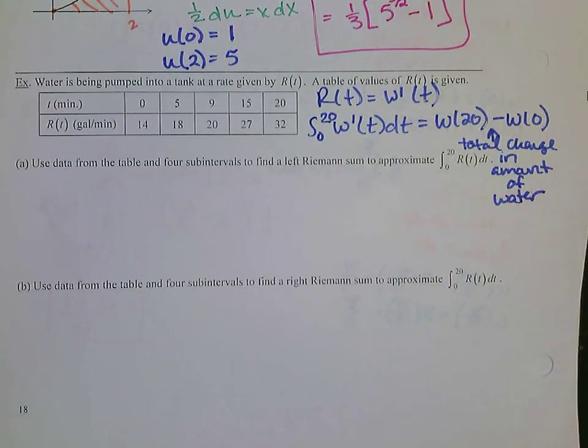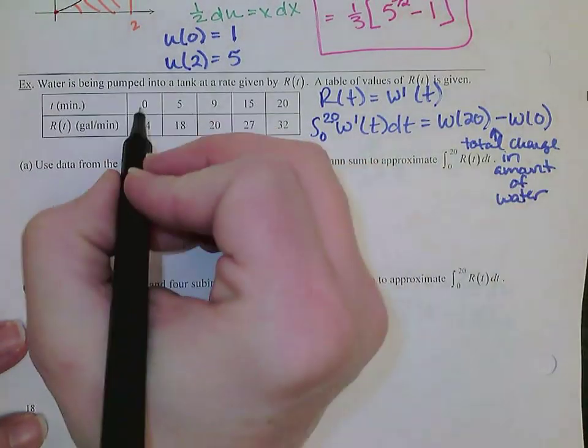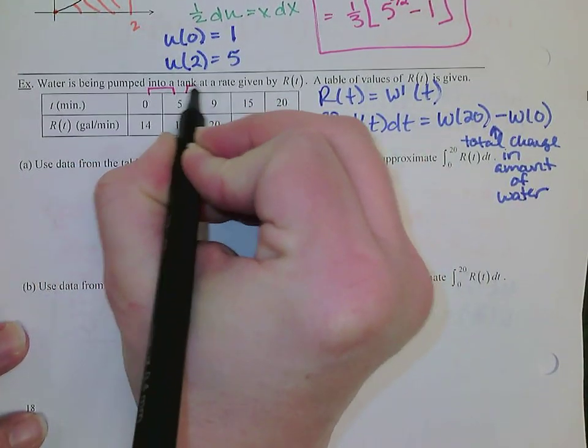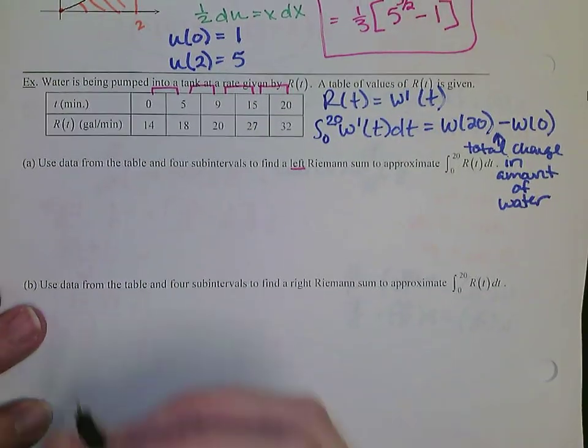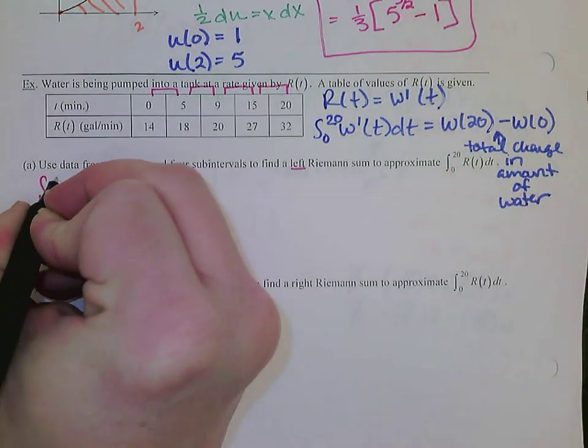So the fundamental theorem backs up what we were looking at before when we were first approximating these definite integrals using Riemann sums or area formulas to find the exact value. So you guys were supposed to use the data from the table and 4 subintervals to approximate that integral. First, we're using a left Riemann sum. If we're doing 4 subintervals, then we're going to do 0 to 5, 5 to 9, 9 to 15, 15 to 20. So the integral from 0 to 20 of r of t dt,